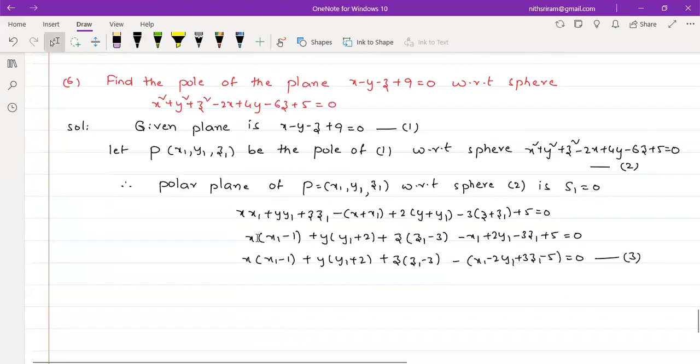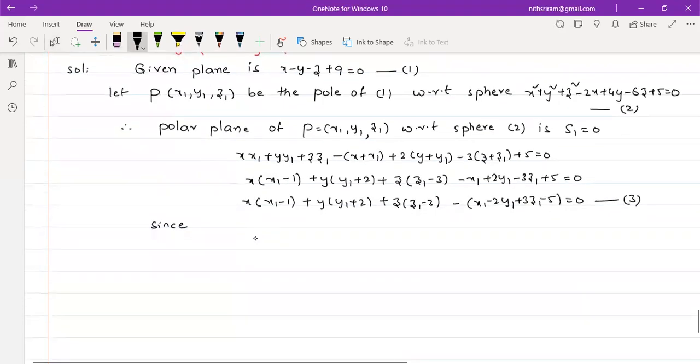This also represents a plane equation, the polar plane, but we are already given a polar plane. Equation 1 represents a polar plane. So therefore, since equation 1 and equation 3 represent the same polar plane,